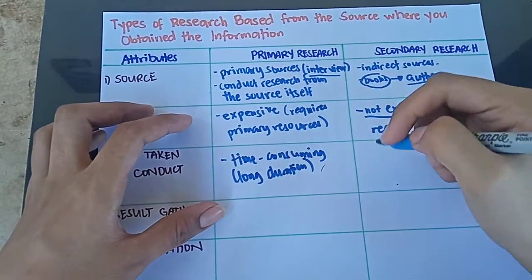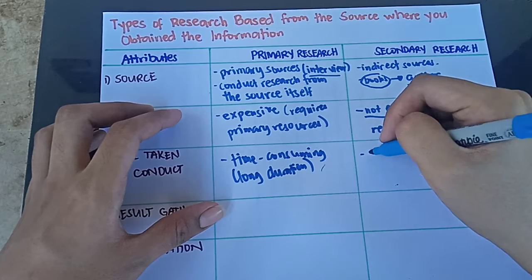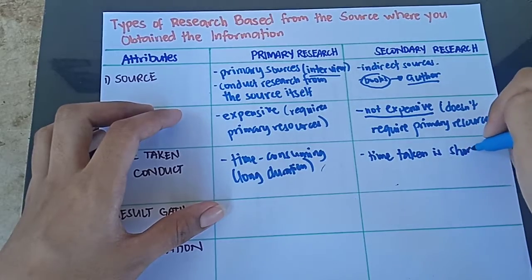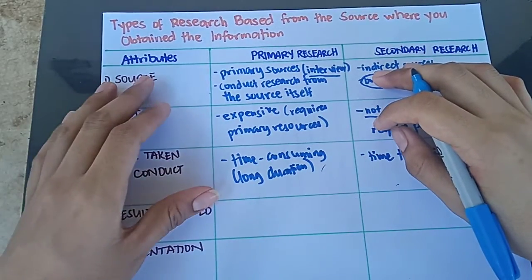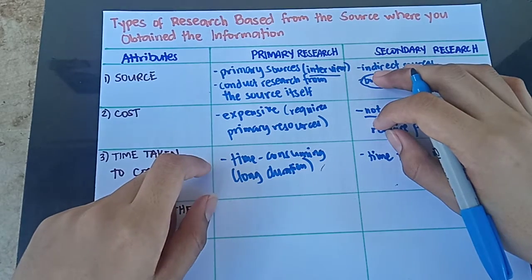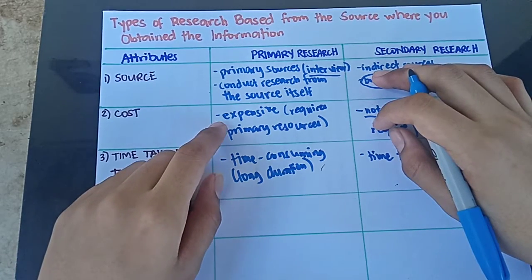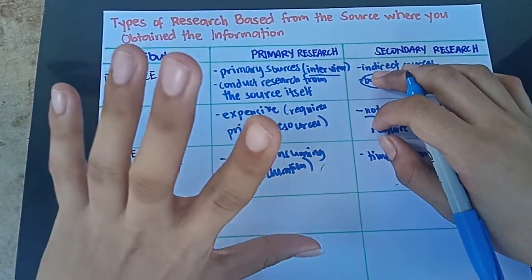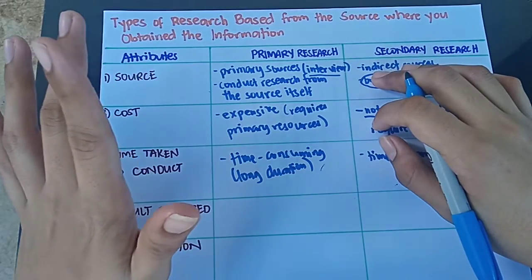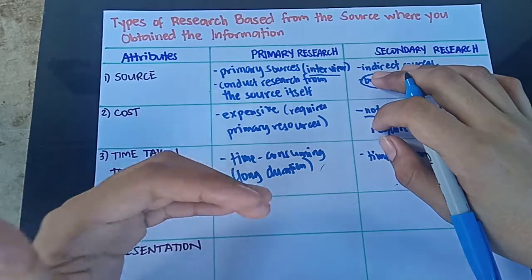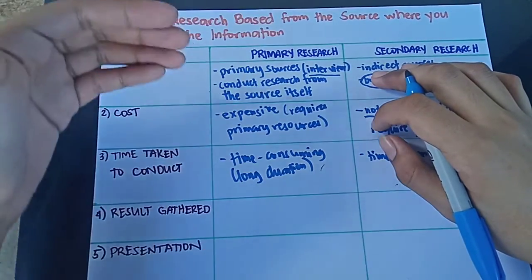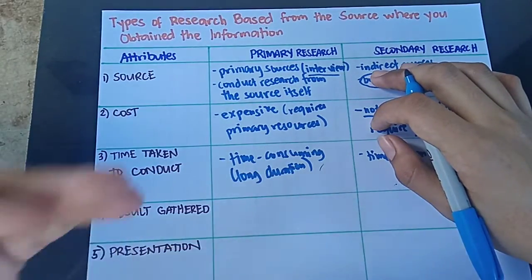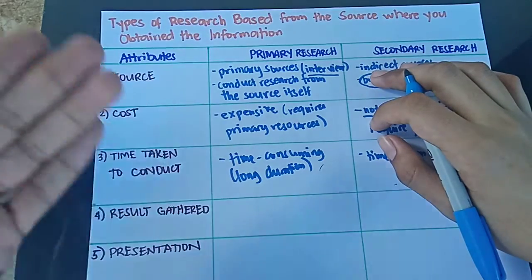While in secondary research, the time taken is short. Why? Because in primary research, if it is expensive, it is also time consuming. Why? Because let's say you will conduct a study that requires surveys, and surveys must come from a direct interview with a person. Now, it is time consuming because it will take you hours or some minutes to produce